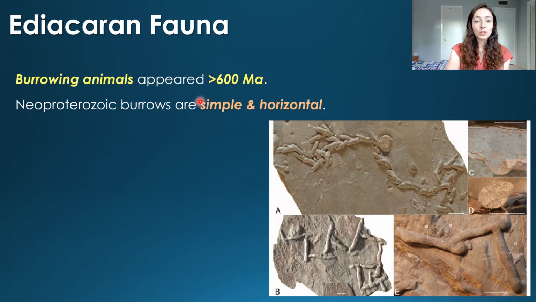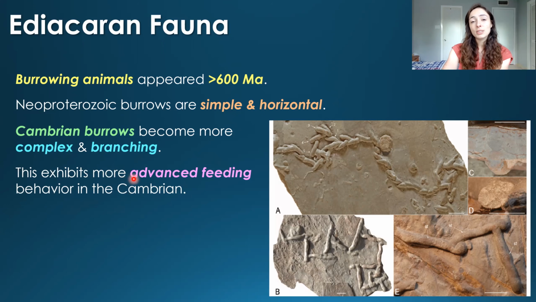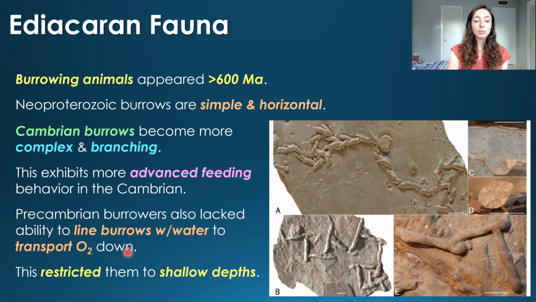There were burrowing animals from even over 600 million years ago, so even before the Ediacaran fauna, but Neoproterozoic or Precambrian burrows were very simple and horizontal at shallow depths in the sediment, and Cambrian burrows, on the other hand, become a lot more complex and branching. This represented more advanced feeding behavior evolving in the Cambrian, and Cambrian burrowers could also burrow deeper because of the way they could transport oxygenated water through the sediment, whereas Precambrian burrowers lacked the ability to line their burrows with water, and because oxygen doesn't go that deep in the sediment due to the way bacteria use it up, they wouldn't have been able to go that deep because they needed oxygen to live, so they needed to stay shallow